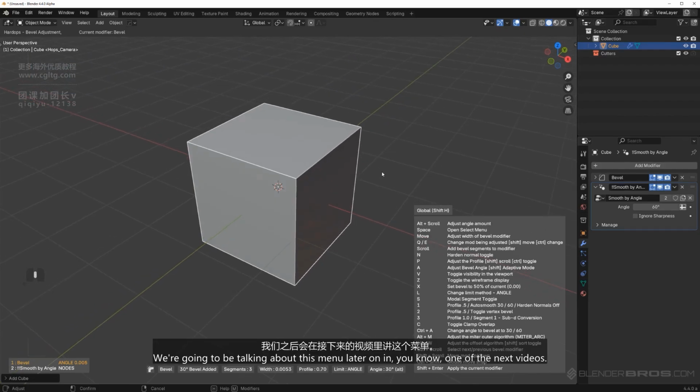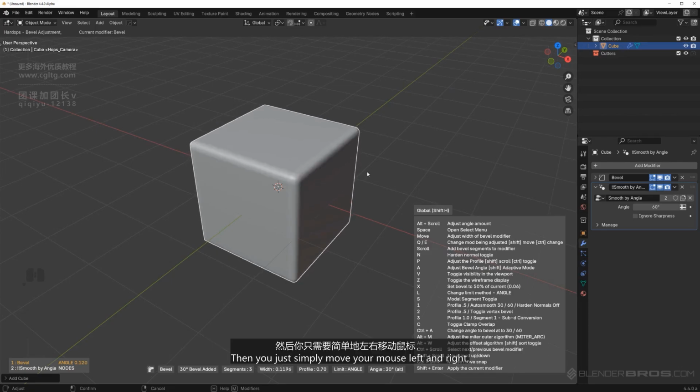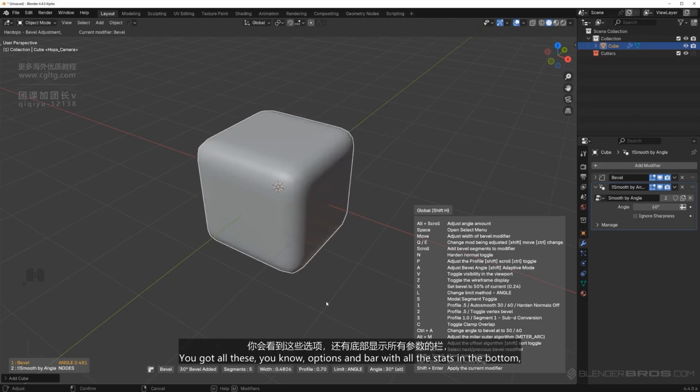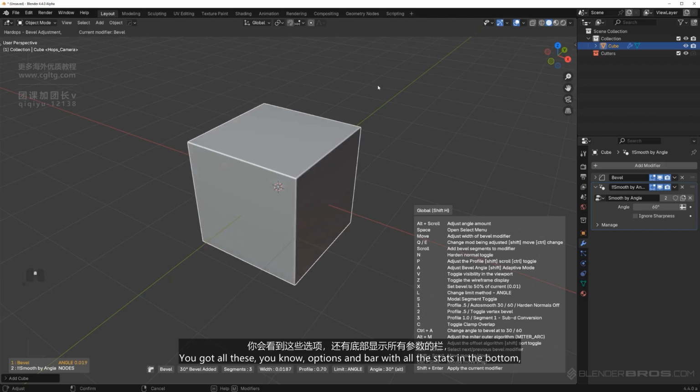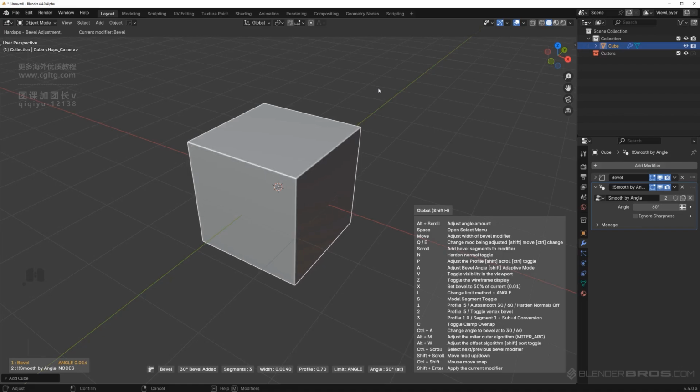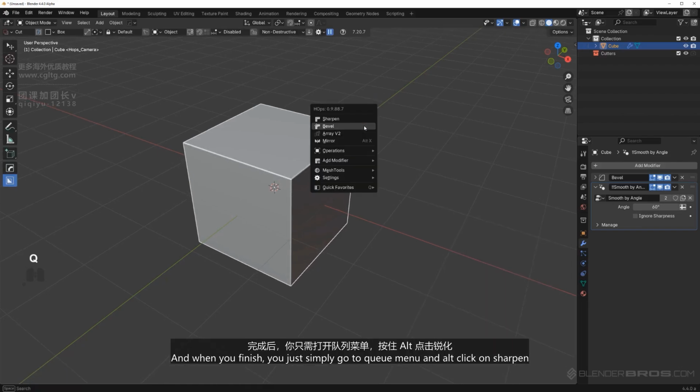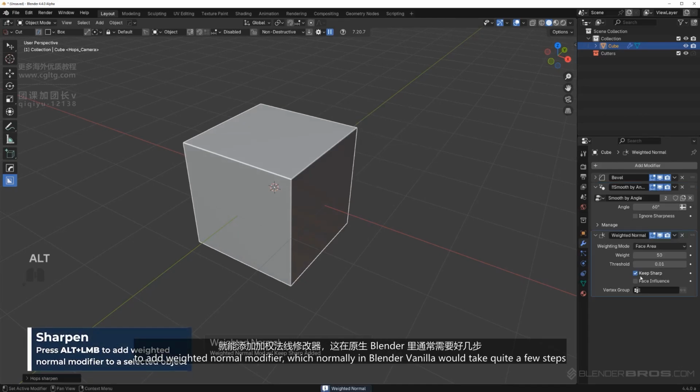Don't panic, we're gonna be talking about this menu later on in one of the next videos. Then you just simply move your mouse left and right, scroll your mouse up and down. You got all these options and a bar with all the stats at the bottom, number of segments, width of the bevel, etc. And when you finish, you just simply go to Q menu and Alt click on Sharpen to add weighted normal modifier,